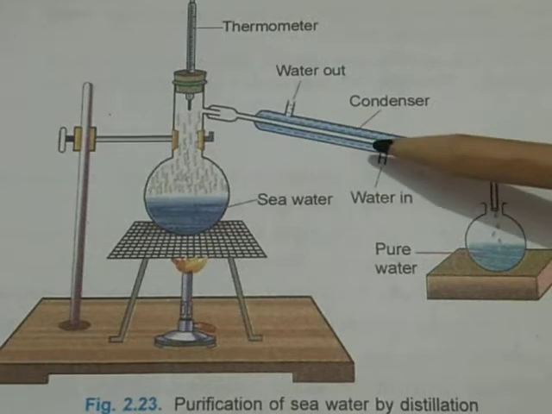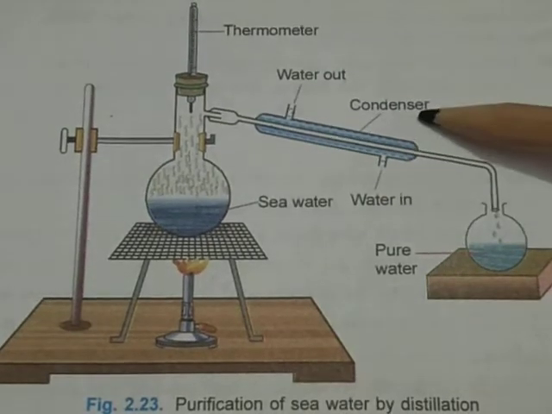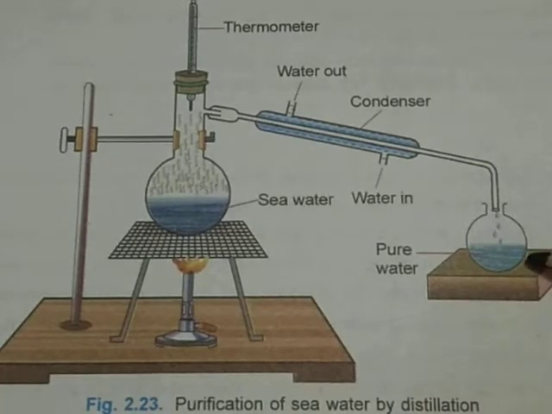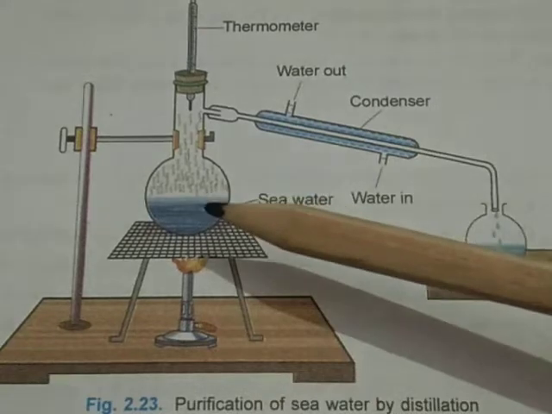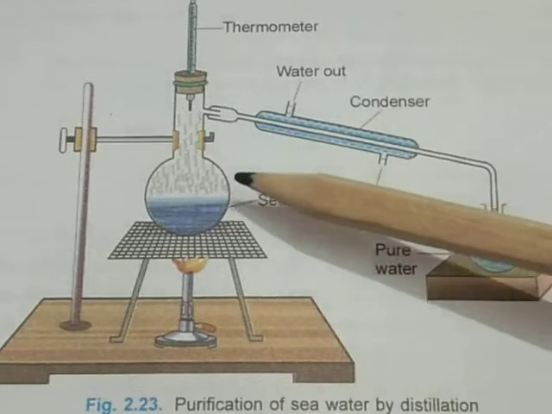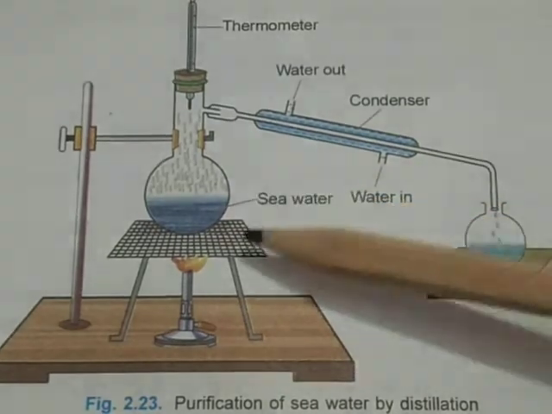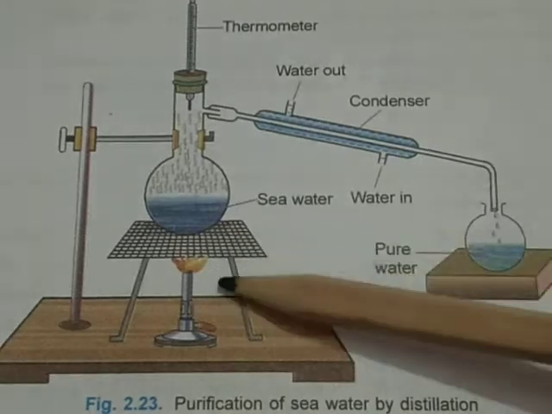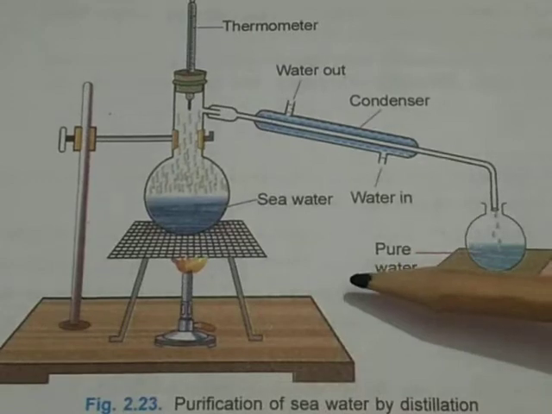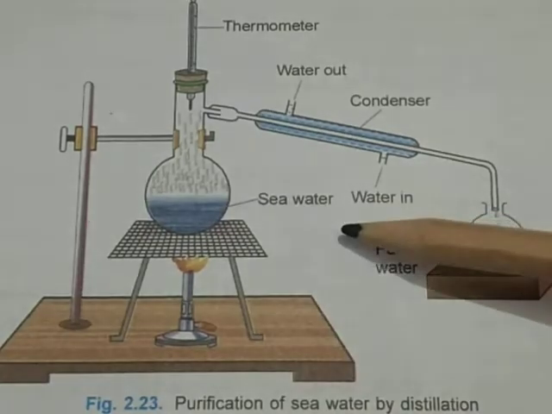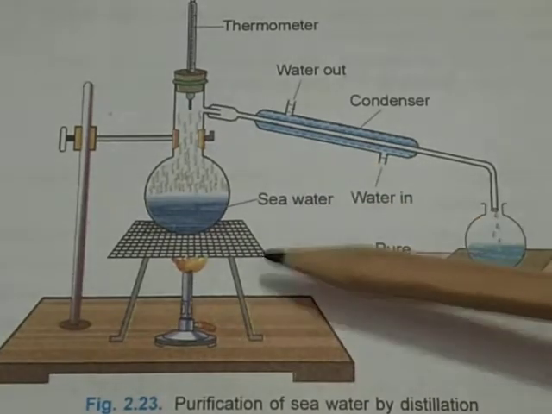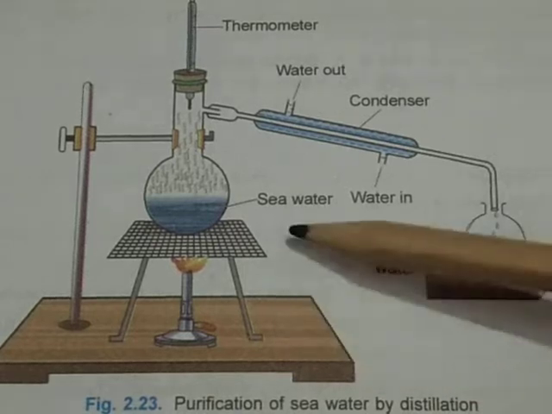They will get condensed on passing through the condenser and collect in another flask. At this temperature, the water will not boil and will remain in the flask. So the process of distillation helps in separating acetone and water, whose boiling points differ by more than 25 degrees Celsius. So it can easily be separated by the simple distillation method.